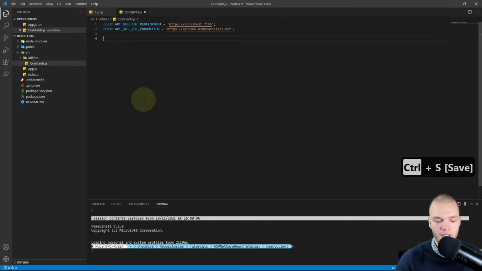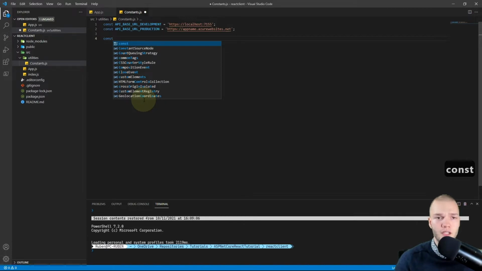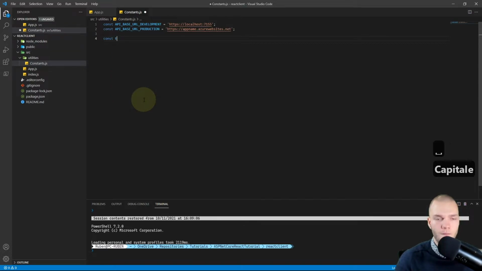There we go. Right, so next up I want to declare a new JavaScript object containing all the routes for our endpoints. So const endpoints equals, and then an object, and then I'll capitalize everything again.